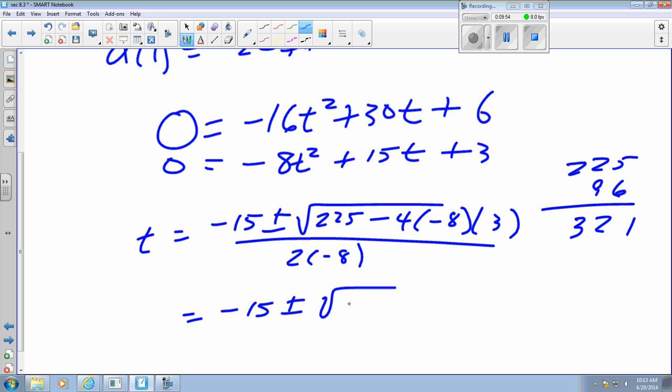The square root of 321. I'm going to need some help on that one. Somebody please get that for me. When I get negative 15 plus or minus the square root of 321,